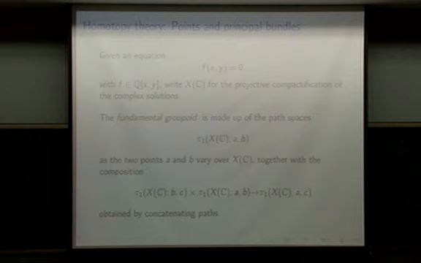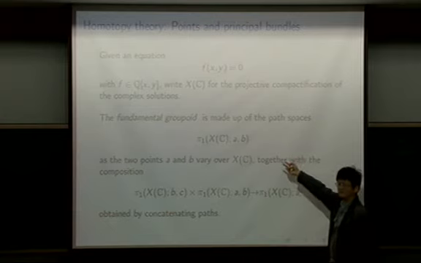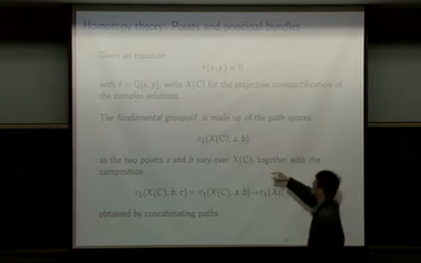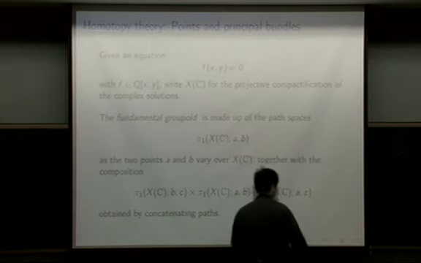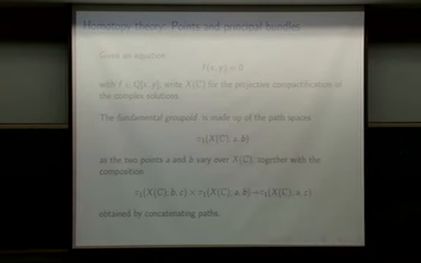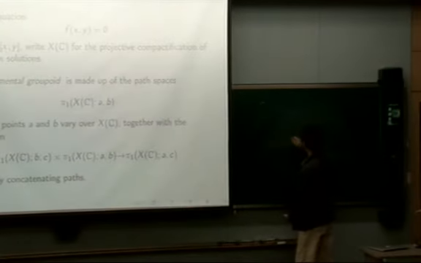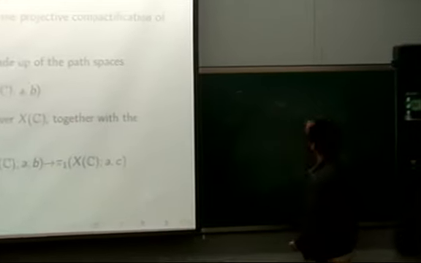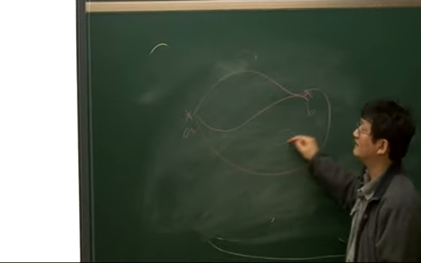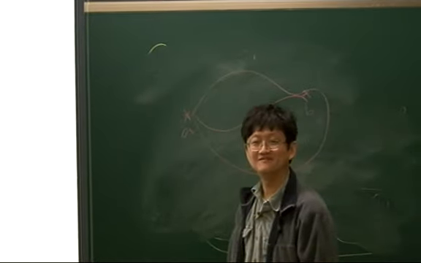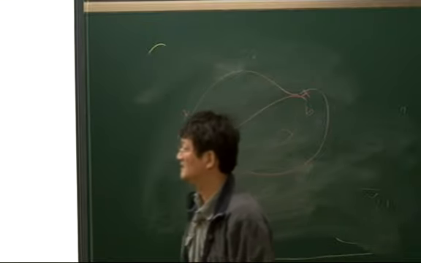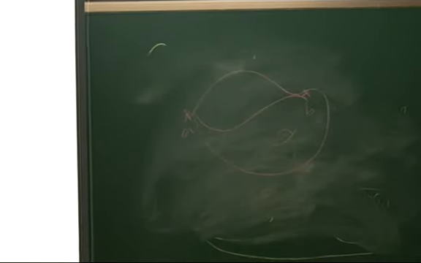And here you actually have to look at something called the fundamental groupoid. This is where we take two base points instead of one. When you take this for all A and B, you sometimes call it the fundamental groupoid. That is to say, instead of looking at loops based at one point, you take two points, A and B, and you look at paths from A to B and homotopy classes of such things inside the space. So that's pi 1 of A comma B.